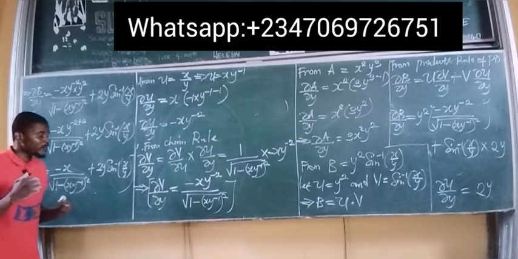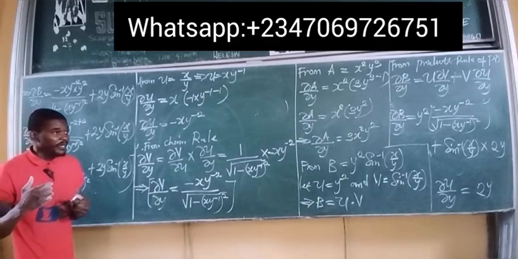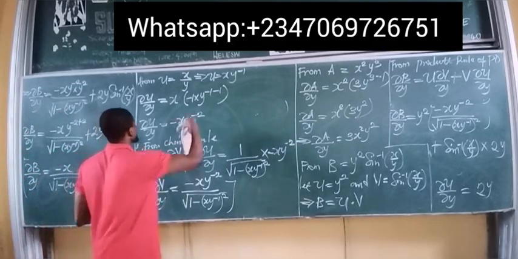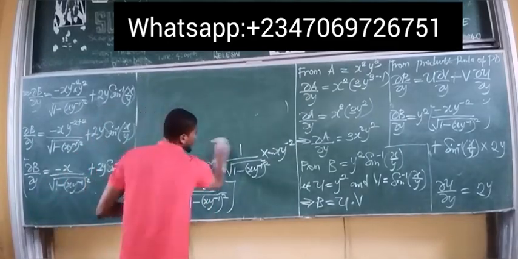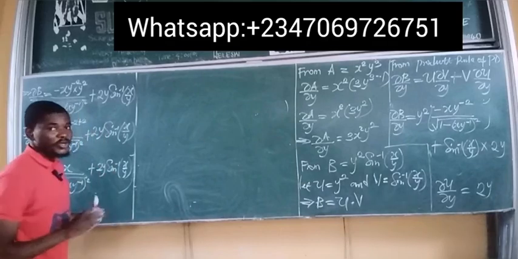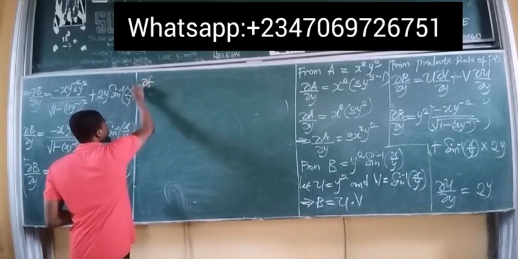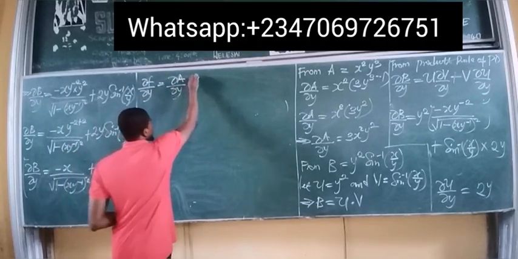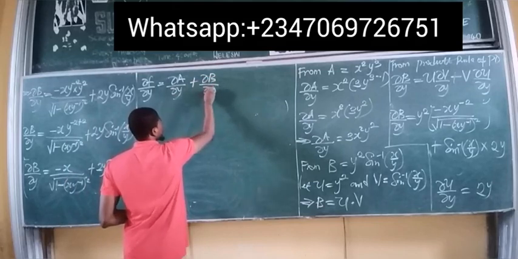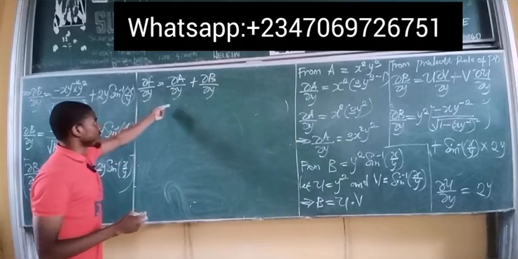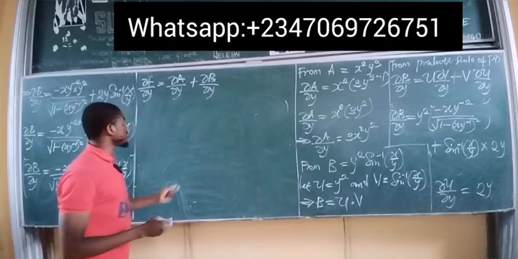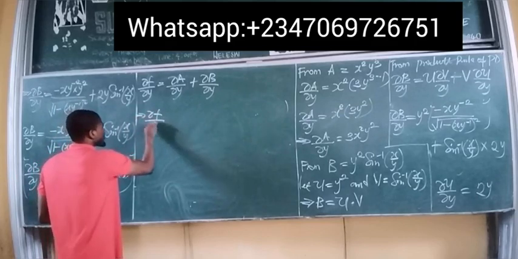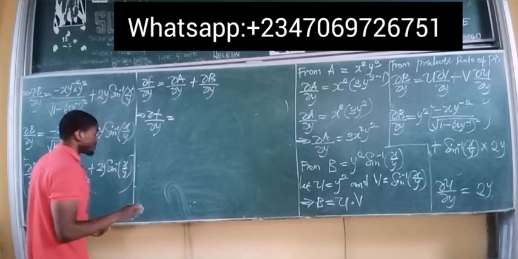So I'm going to now take us back to the very first function. Remember, the very first function which I said you should keep in place. Let me wipe here now. So recall from the beginning we said that partial f over partial y is partial a over partial y plus partial b over partial y. So we obtained what partial a partial y is, we found what partial b partial y is, we simply put into this equation. This now implies that partial f over partial y is equal to partial a partial y,